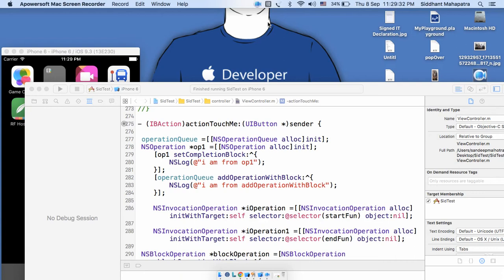The other thing is that we will see how to access the main queue with NSOperationQueue, and how to update the UI in the main queue. Other things are how to check the operation count, the max concurrent operation count, or else how to suspend it, and there are many more things. But let's get started